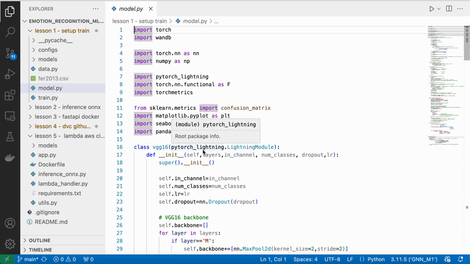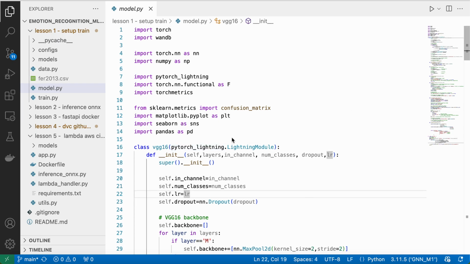In this case, note that we will be using the backbone of VGG16 to extract the core features of the data, and then on top of that we will attach a linear classifier that maps the features to the number of emotion classes. Here I have a bunch of imports,